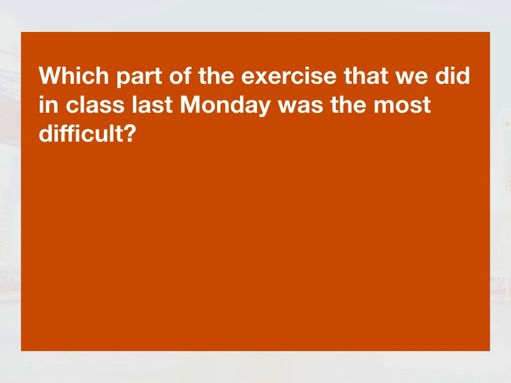Now here, this is an example of a sentence in which it may be a little bit hard to identify what part of it is the subject. One thing that can help you identify it is just go in there and figure out where's the verb. So the verb in this case was. So what we're looking for as the answer is something like, the most difficult part of the exercise was question number 3, for example. All right, so this has been a very quick run through of subject questions. Now let's look at